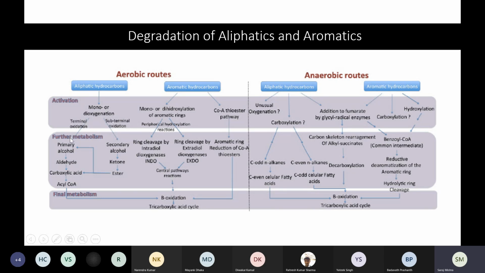And further metabolism results in the formation of a primary alcohol, aldehyde, carboxylic acid, and it is then converted into an acyl coenzyme A. Such acyl coenzyme A can be degraded by one of the very well established pathways which occurs in all cells, which is called the beta oxidation pathway. Beta oxidation pathway converts long chain fatty acids; in hydrocarbons, you can have long chains like C10, C12, and their corresponding acids are made. Then they break that down into acetyl coenzyme A, which then enters into the TCA cycle. So this way, the aliphatic hydrocarbon can be